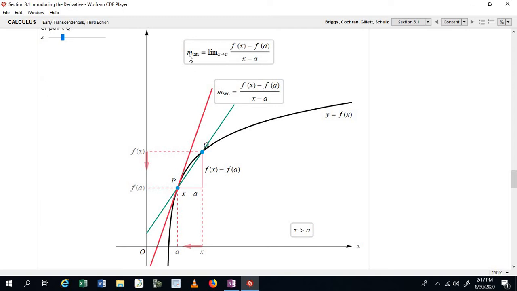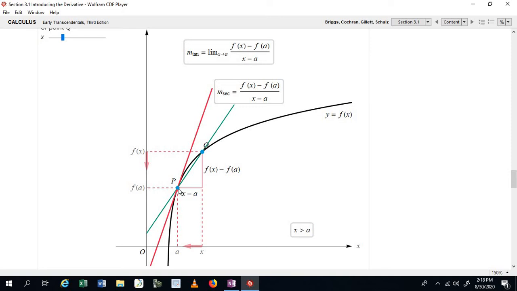Okay, so we're going to denote the slope of the tangent line m for slope, and then subscript tan for tangent. That's equal to the limit as x gets closer to a of the slopes of these secant lines. And remember, this is the formula for the slope of a secant line. Okay, so whatever this limit is, that is the slope of the tangent line right at this point A,